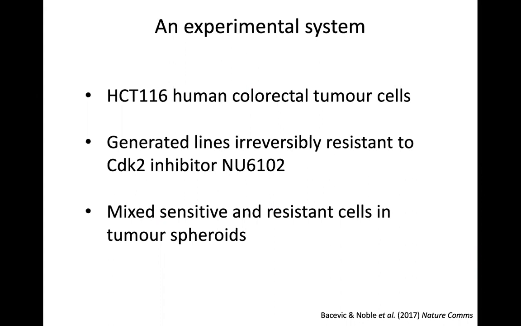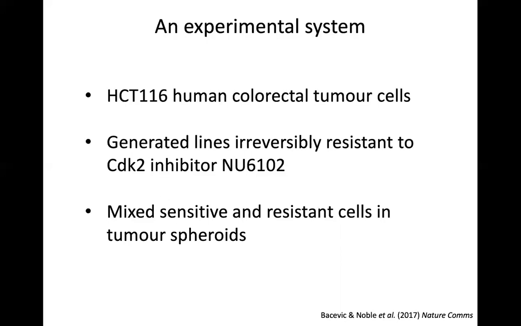Well, my colleagues carried out the experimental system and I did some modeling to try and understand what was going on. The system we had was a human colorectal tumor cell line. My collaborators generated cell lines which were irreversibly resistant to a certain drug, and then they seeded tumor spheroids with a mixture of sensitive and resistant cells. Tumor spheroids are three-dimensional clumps of tumor cells, and they recapitulate many of the properties of a solid tumor, but they're also quite well characterized, which means that they're very suitable for examining the nature of this competition between